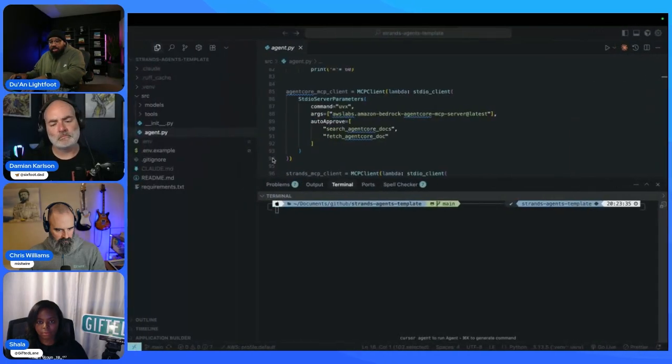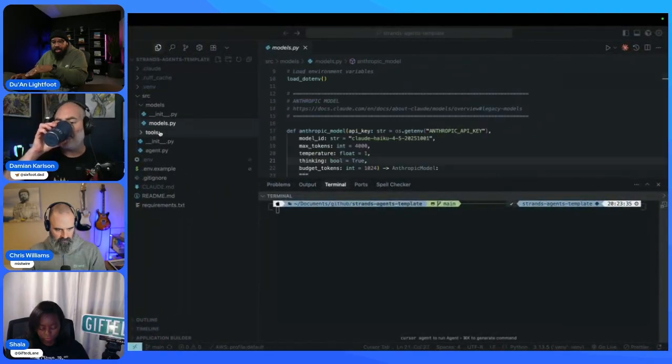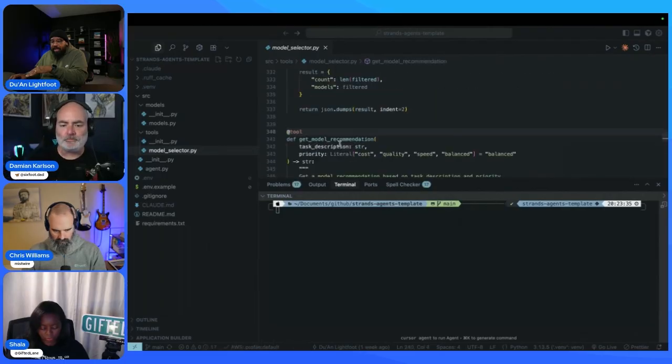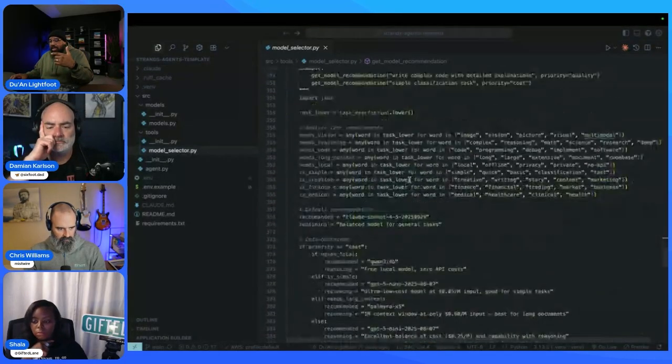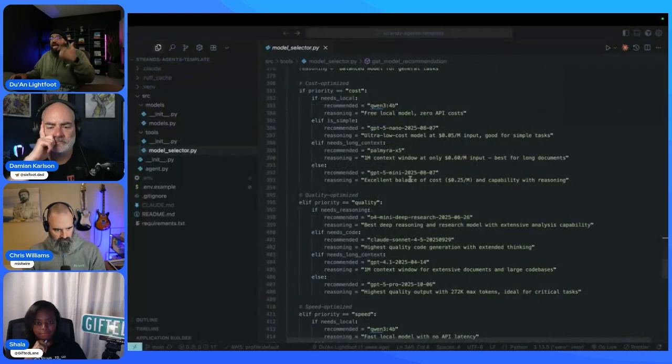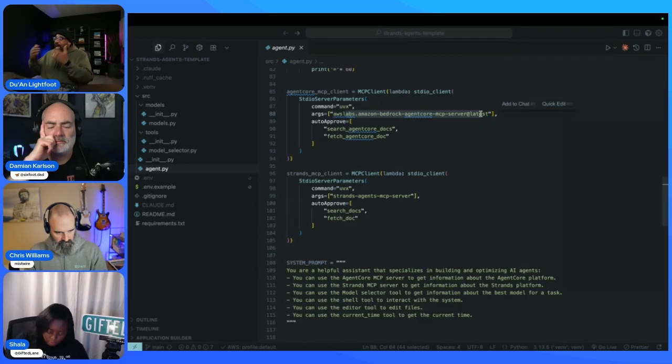So if we go into my Strands agents template here, I have this tool for model selector. So now the agent is able to recognize the different costs and give you guidance as it builds the agent, because inside of here, I have MCP servers for Strands to be able to build an agent and an MCP server to deploy the agent to Agent Core. So now you can build a cost optimized agent and deploy it to Agent Core. And all of this is just from the prompt.